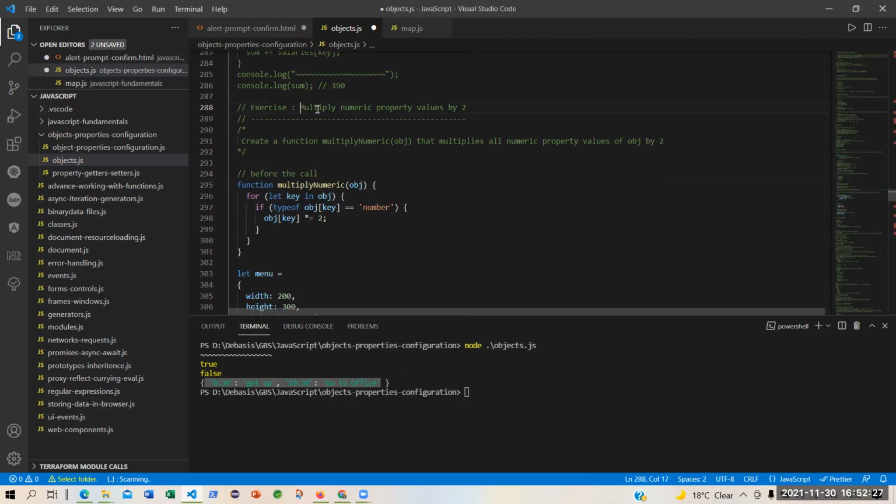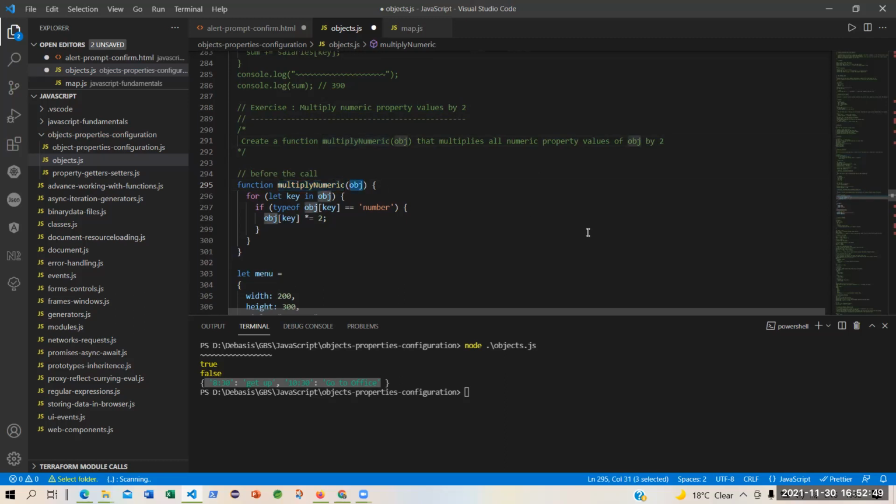My exercise is multiplying the numeric property values. Numeric property. Just remember, values by 2. Create a function. We are trying to create a function called multiply numeric. Just give a name to a function. Give a function identifier by this. Then this becomes a function.